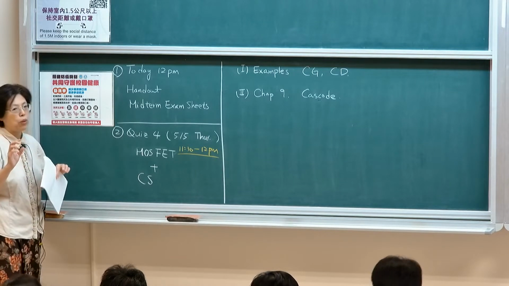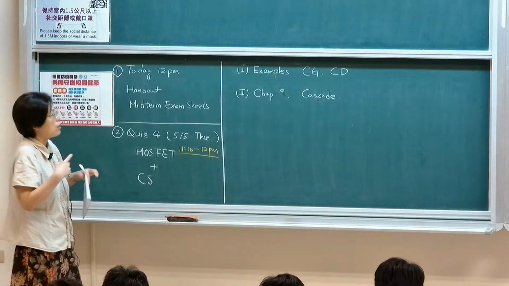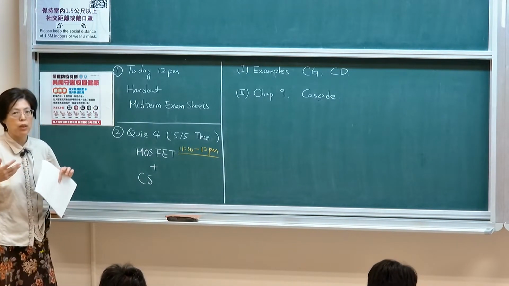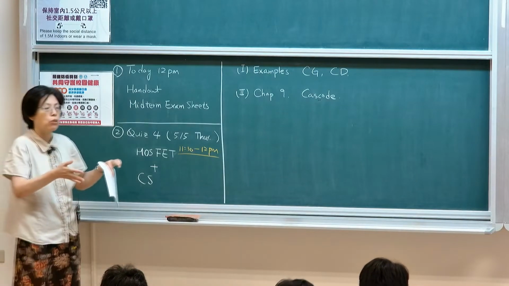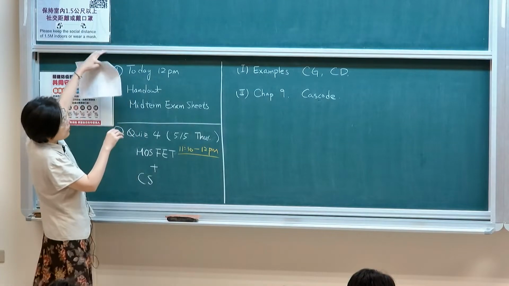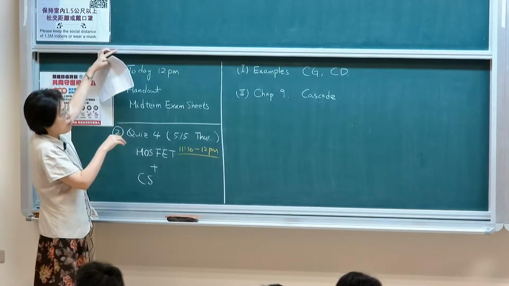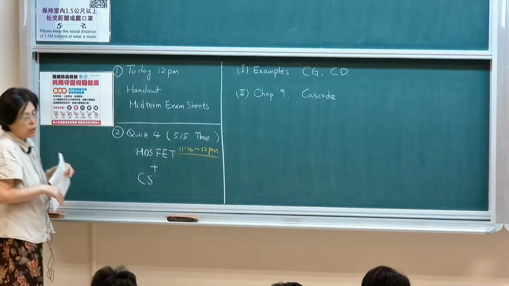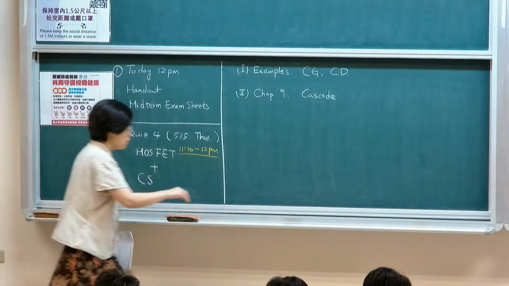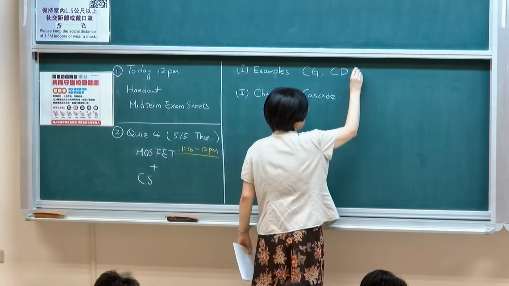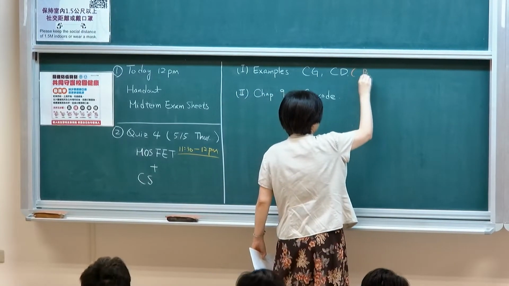Last time we only had time to go through 1 example. Today, I would like to go through some design examples as to what are the approaches or directions as to how one approaches a problem. We're going to go through 2 examples, one on a common gate stage, and the other on common drain structures. This is especially to address body effect.